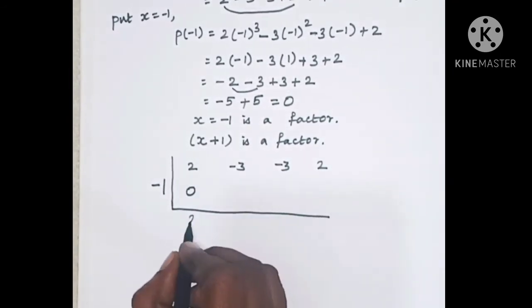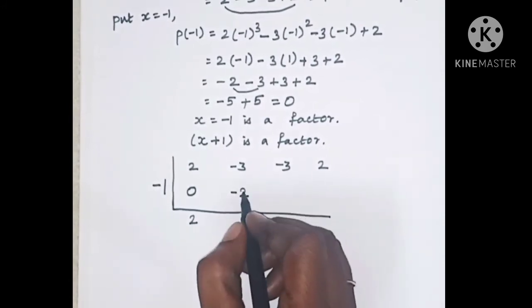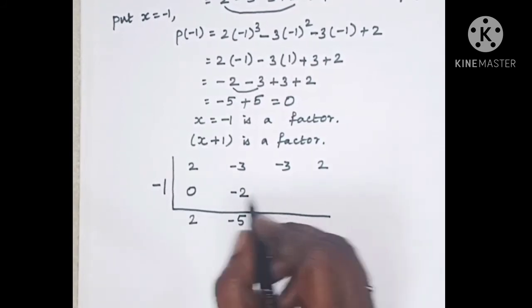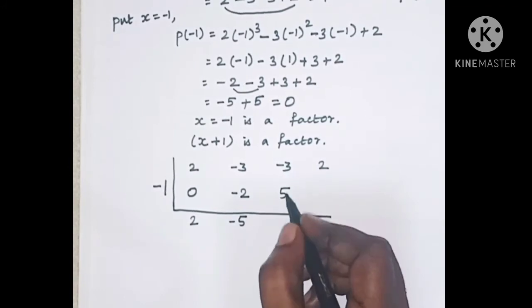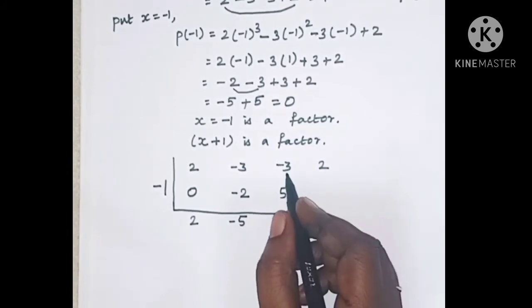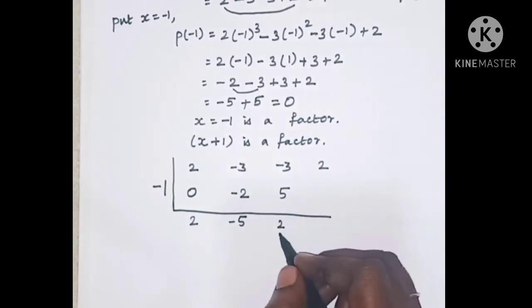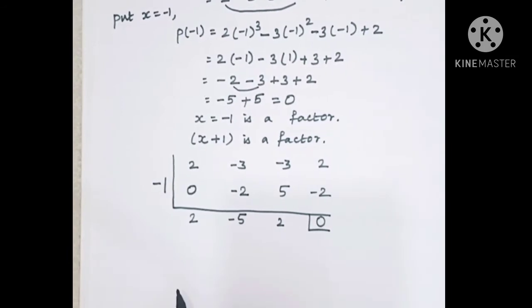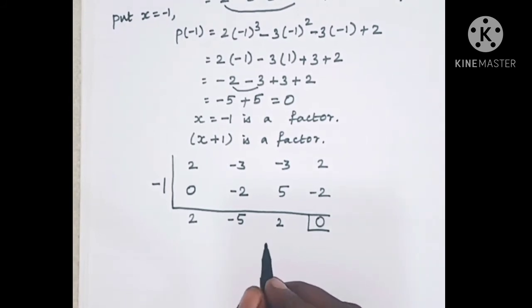2 plus 0 is 2. 2 into minus 1 is minus 2. Minus 3 minus 2 is minus 5. Minus 1 into minus 5 is plus 5. Minus 3 plus 5, adding these two numbers, we get plus 2. The sign of the bigger number is plus. 2 ones are 2, minus 2. Again 2 minus 2 is 0. Now we have to include x square with this term, x with this minus 5, and the constant term.